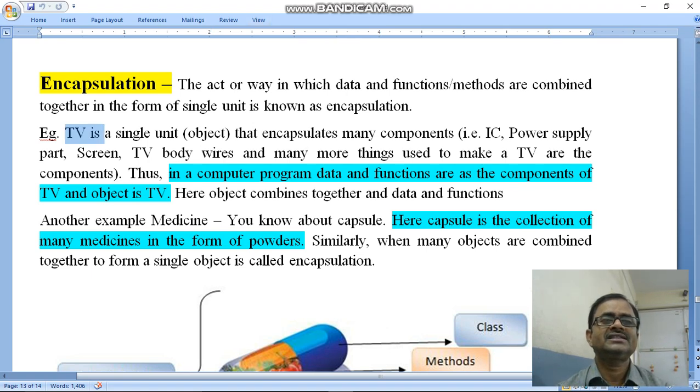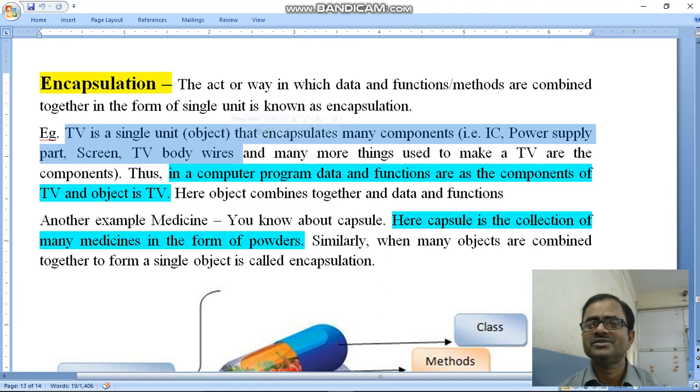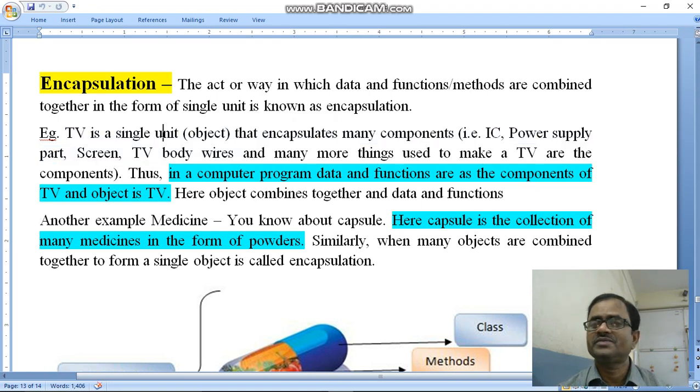For example, here you see a TV. A TV is a single unit object. You watch TV in your home, sometimes news and movies. So the TV is a single unit, an object that encapsulates many components. TV is a common name, but it is a collection of many things. Are you getting what I want to tell?